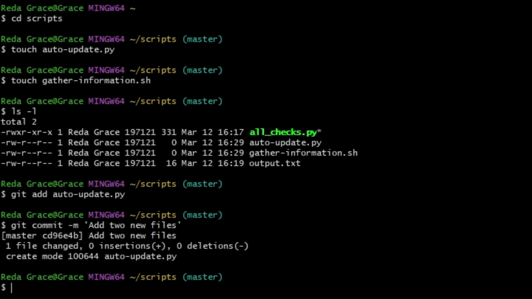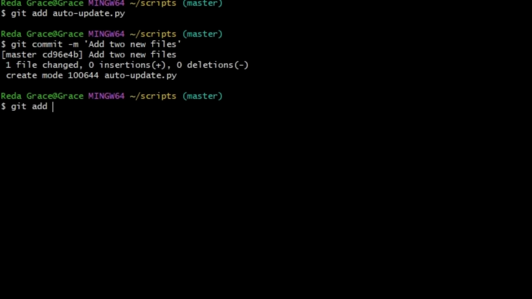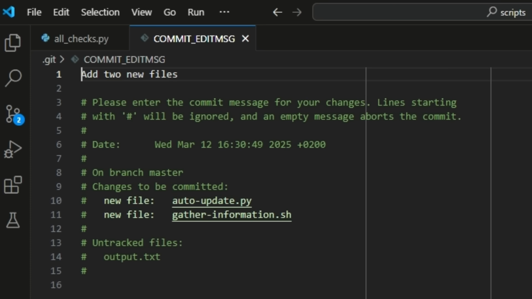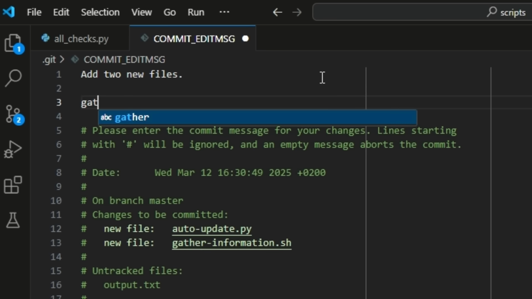As you can see, the message printed by Git says that only 1 file was added. Our commit message said that we added 2 files, but we forgot to add one of them. We can fix it. We'll start by adding the missing file and then amending our commit. We called git commit --amend, and an editor opened up showing the commit message and the stats about the commit that we're working with. The list of added files for this commit now includes both files that we wanted to add.